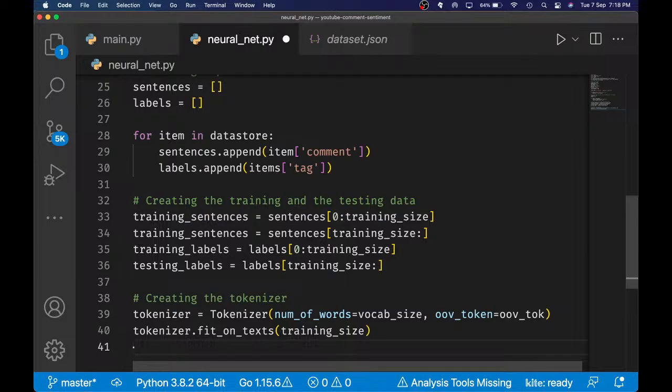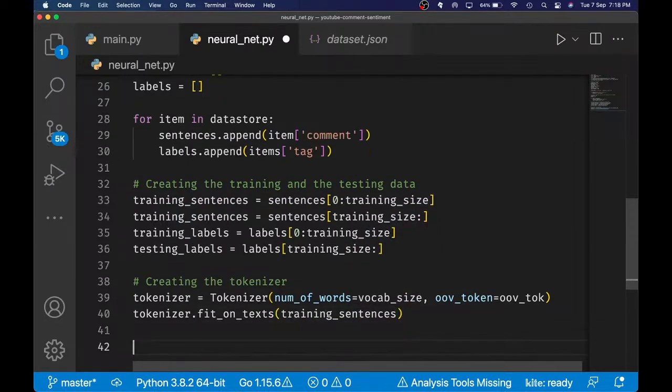So now that's actually supposed to be not training size, that's supposed to be the training sentences. There we go. So now that we have done that, we need to actually convert the training sentences using the tokenizer. We actually want to convert each and every part of the training sentences into that sequence that I was talking about. So the way we do that is we just say training underscore